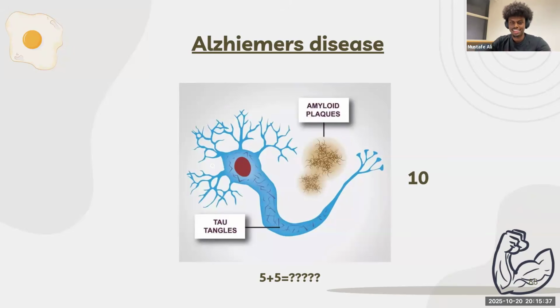Okay. So thank you very much. It's the tau neurofibrillary tangles and it's the amyloid plaques. The amyloid plaques form because of the abnormal cleavage by the secretase, which leads to this amyloid beta protein being released, which leads to it sticking onto other amyloid beta proteins, which leads to these big aggregates or amyloid plaques. Now, for the tau tangles, or the neurofibrillary tangles, there are these tau proteins which are hyperphosphorylated. They become really sticky, they stick onto one another, and they lead to these neurofibrillary tangles forming.